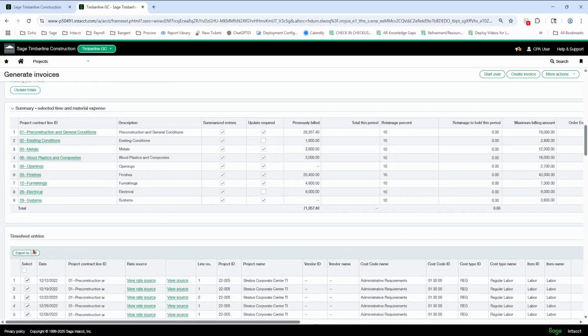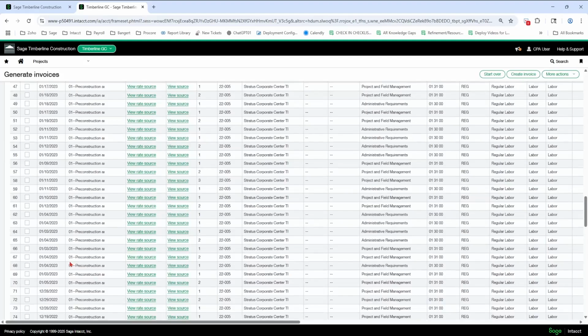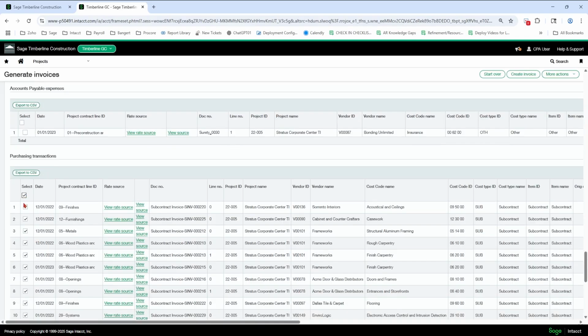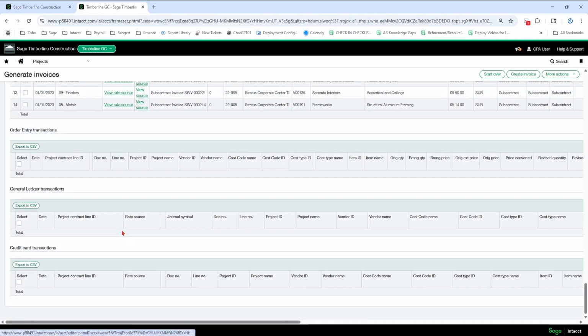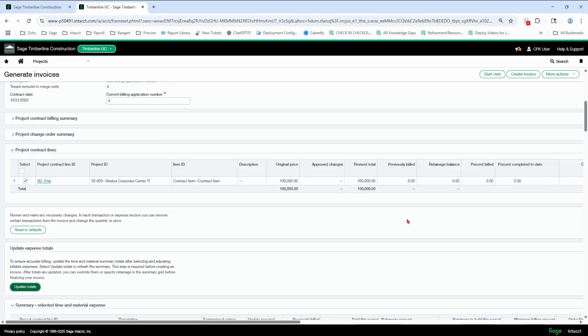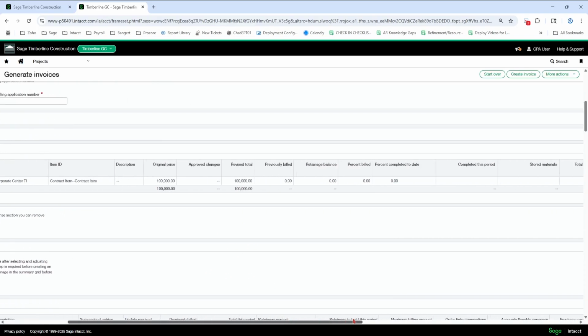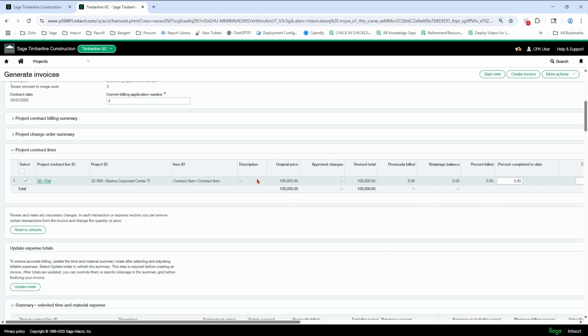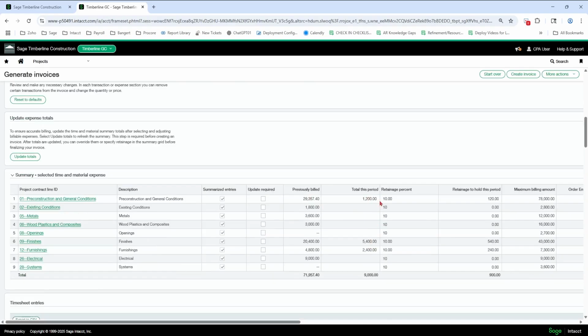So let's say, again, I'm going to do something like this. Just pick a couple here. I'm going to pick a couple purchasing. And we're going to update totals. And my amounts are going to populate into 9,000. So I know I'm billing 9,000 and I know on this job, let's say it's a 5% fee. So I'm going to do 9,000 and completed this period times 0.05, enter. And now I've just created an AIA with my costs.